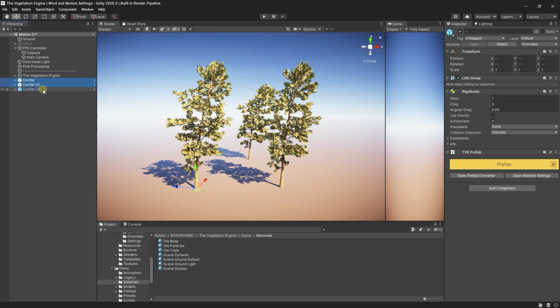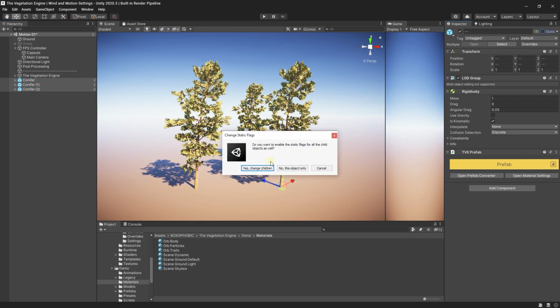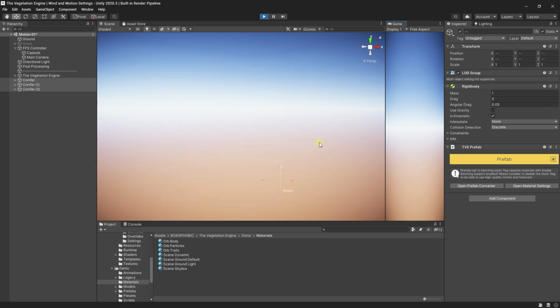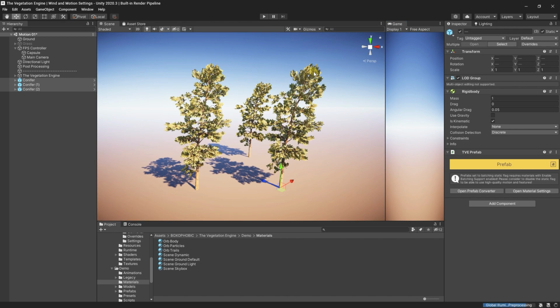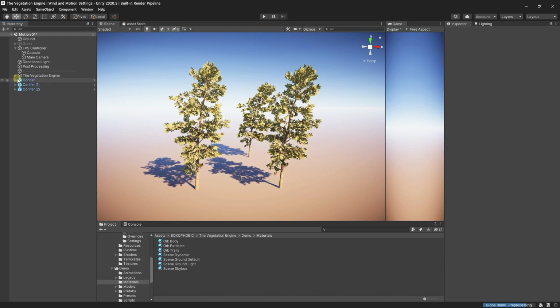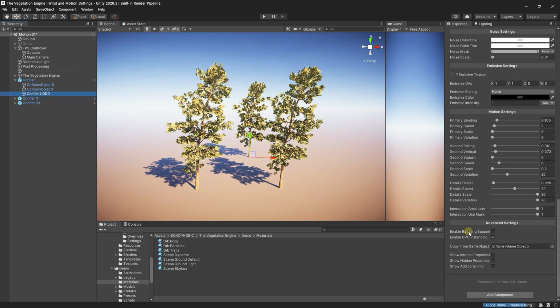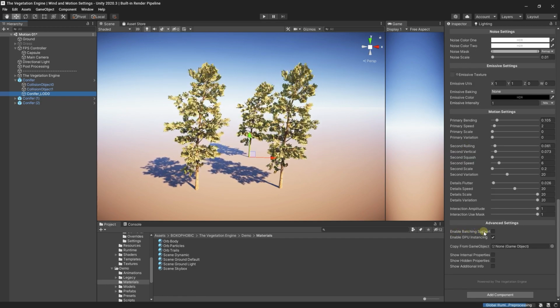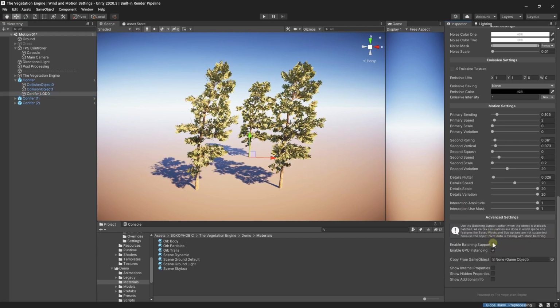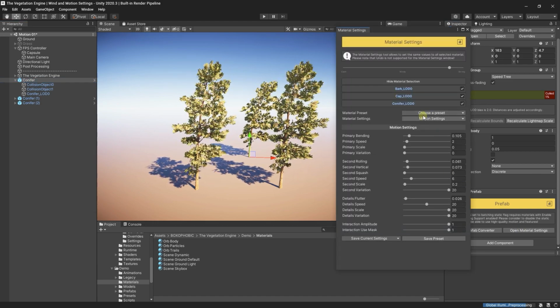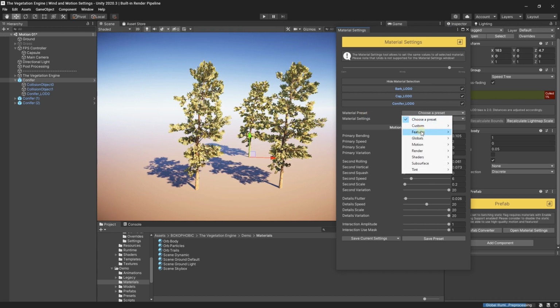But when setting the prefabs to static, and then when you enter play mode, as you can see, the wind is blowing up. That's because you need to enable the batching support on the materials. If you select the prefab and go to the material, you have this option to enable the batching support. But instead of enabling it for each material, I will use the material settings again. Under the presets, I will go to features, batching, and enable batching support. And now the